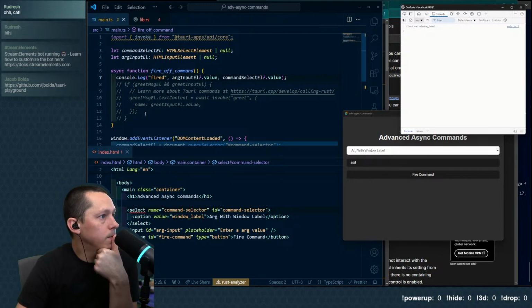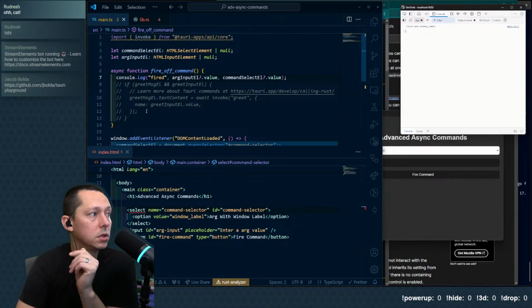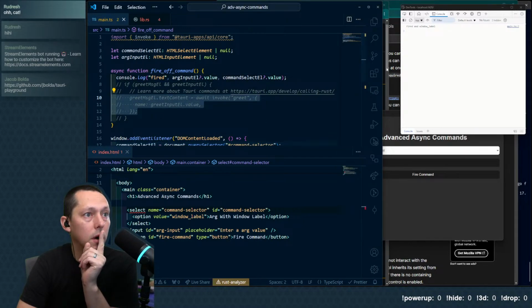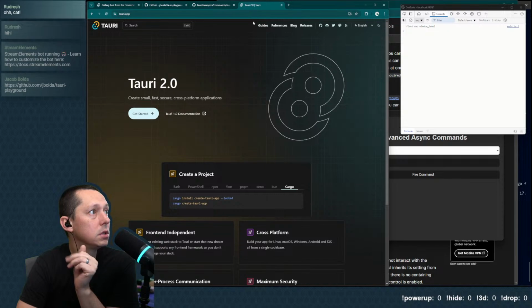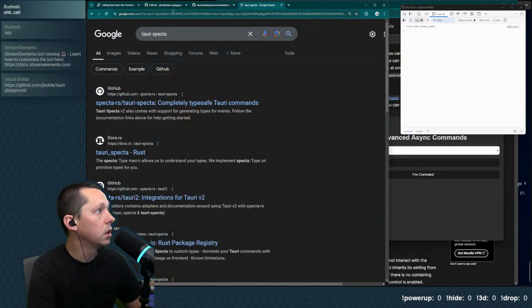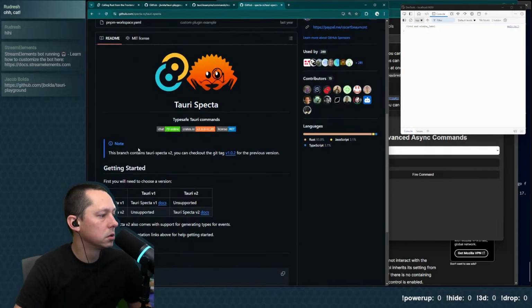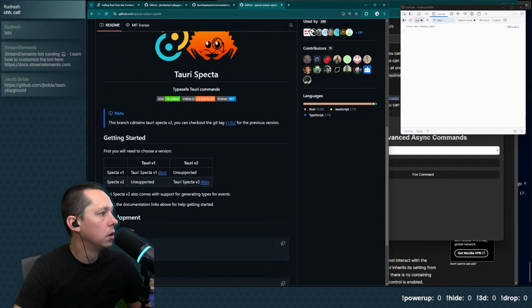Now we can do our invoke. Well, we could do this invoke directly here. I'm tempted to say real quick, let's take a look at Tauri Specta. This support for generating types for events.